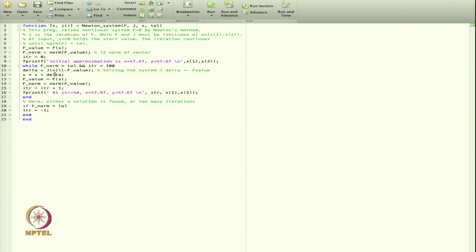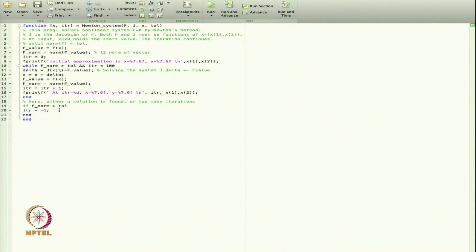Now, I will put the value of delta in the initial approximation and my approximation x will be improved, and then I will find the value of f, because this is the function we are passing. Whatever the new x I am getting here, I will get the value of the function here. So, that is the f value, and the same one is the norm of that function. Now, I will increase the iteration by 1, and then I will print the root found at each iteration. So, this will be written here and then it will be the end of this while loop.